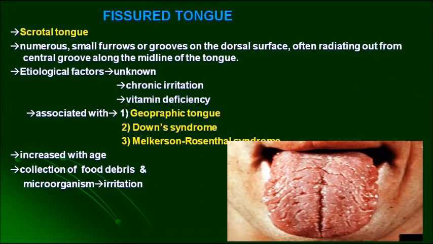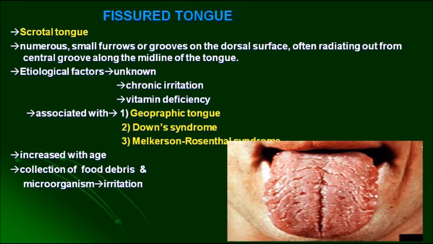So that is cleft tongue or bifid tongue seen in orofacial digital syndrome. Coming on to fissured tongue. See the picture, fissures you can see, it's very clear, isn't it? So the fissured tongue is otherwise known as scrotal tongue. Don't get confused. Note down that point, okay. In the MCQ, other than fissured tongue, the option can be scrotal tongue also. The scrotal tongue is associated with other conditions like geographic tongue, or Down syndrome, or Melkersson-Rosenthal syndrome also.